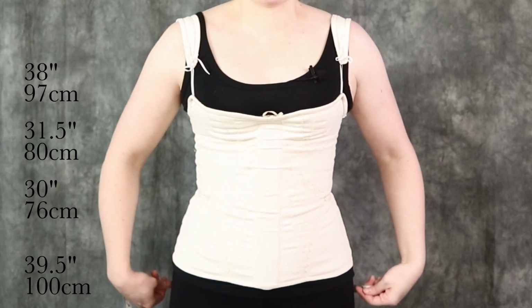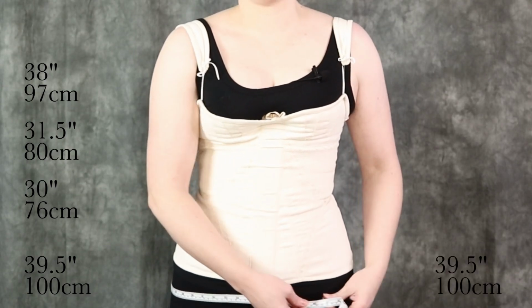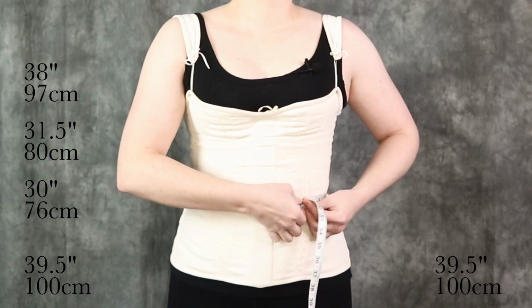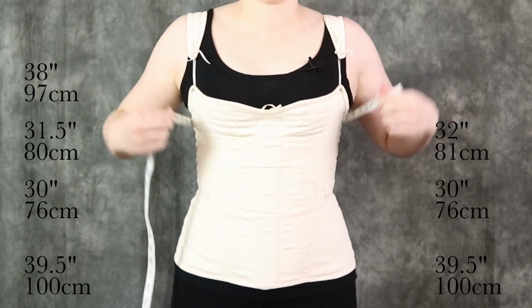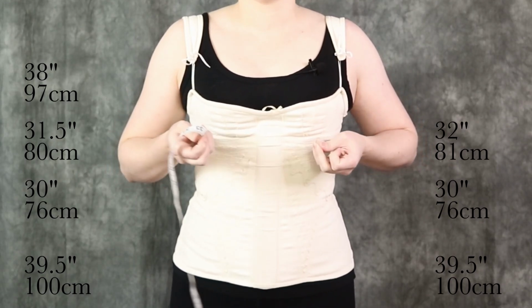The hip measurement on this particular corset will be just below the actual corset. So we are still at 39.5 inches or about 100 centimeters. The waist is 30 inches or 76 centimeters. The underbust, 32 inches or 81 centimeters, so a little bit bigger than my actual size, which is expected because